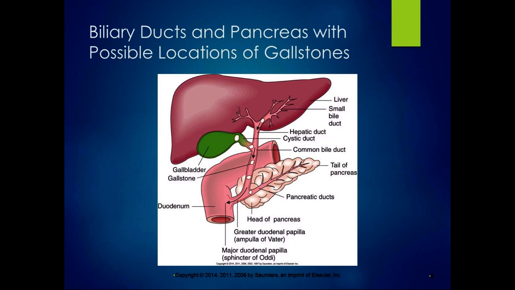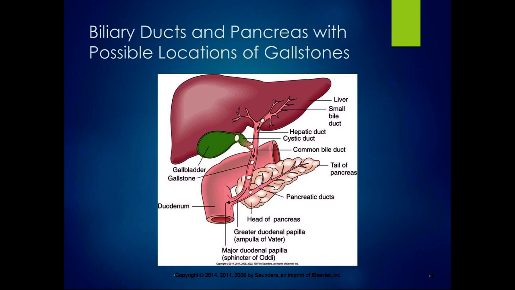So here's a nice little picture of the biliary duct and the pancreas with possible locations of gallstones. So they can be in the gallbladder, they can be in the duct, they can be in the common bile duct, or even far down where the pancreatic duct starts to join with the common bile duct and go into the duodenum. So they can cause a lot of problems. They can cause problems in the liver, they can cause problems in the gallbladder, they can cause problems in the